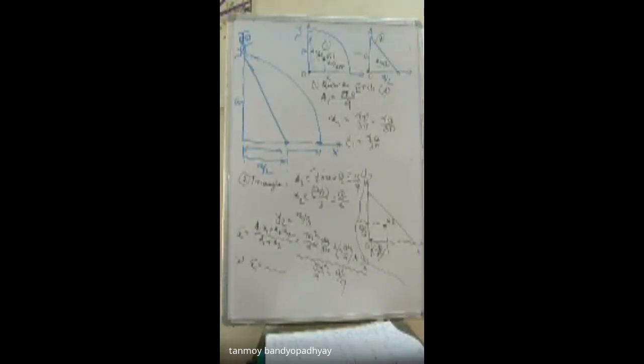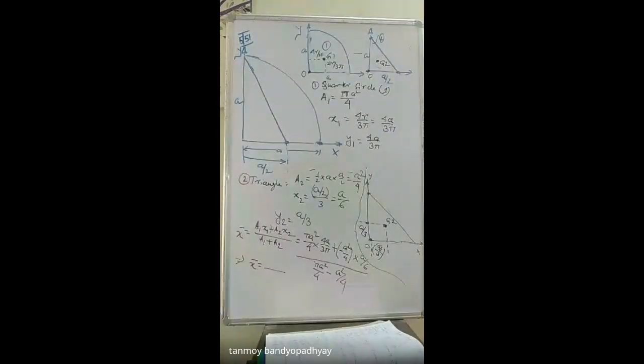Okay, I will not do more problems here; I will do one problem and finish this chapter, because this sort of problems are very easy. You can do it by yourselves and let me know if you are having any trouble in any problem. We will move to the third one, because that considers the 3D centroids. Use of Pappus-Guldinus theorem, that we will do from the next class. So today we will do one more problem and end this one. Only 3 problems for this chapter. Regular easier problems. You can try all the problems. I hope these are easier problems for you.